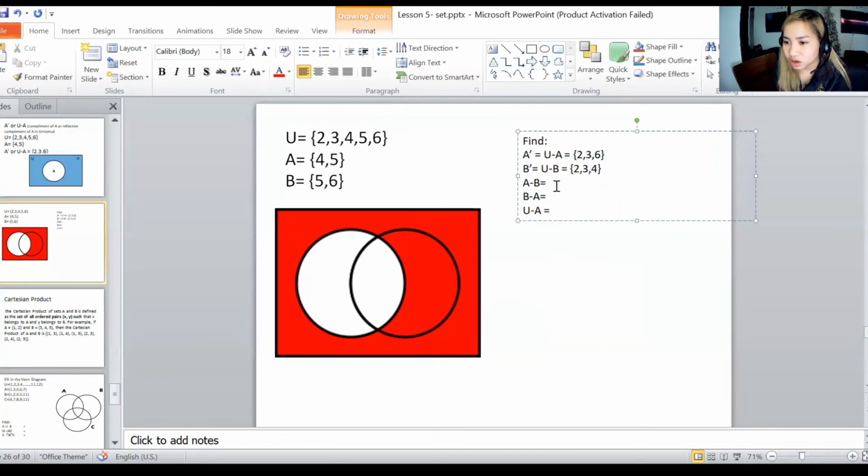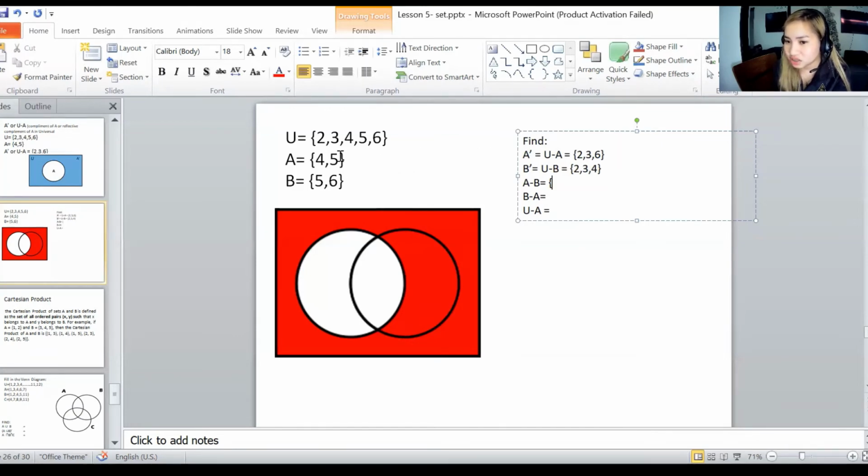So, ayan, we have A minus B. So, ang basa dito is reflective complement of B in A. So, dito tayo magbe-base sa A tsaka B na elements. Kapag po nakita nyo yan, kung ano yung mga elements na meron sa A na wala sa B, ayun yung